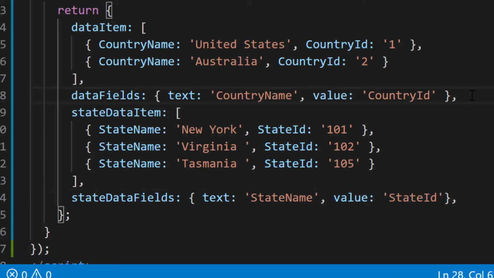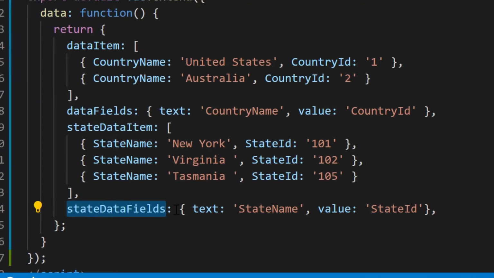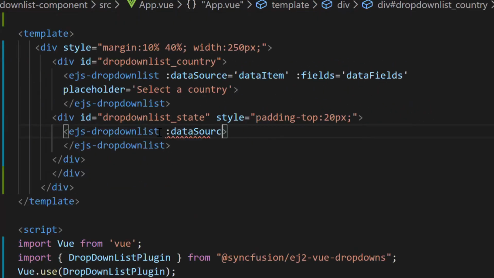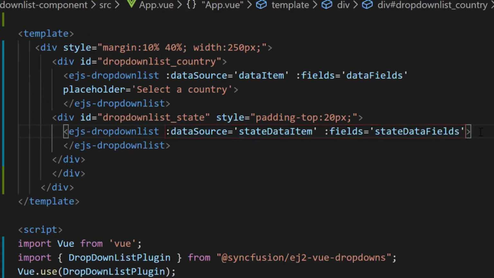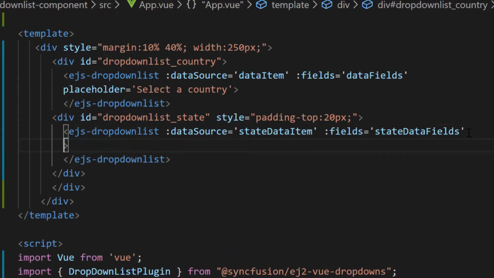Now, let me assign these variables state data item and state data fields to the data source and fields property of the second drop-down list. Along with this, I have also defined a placeholder property and set its value as select a state, as the pop-up list displays the selected country state names.